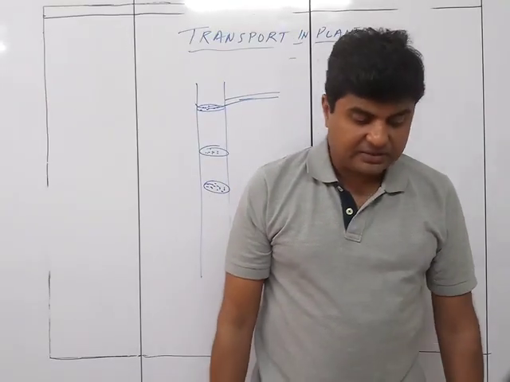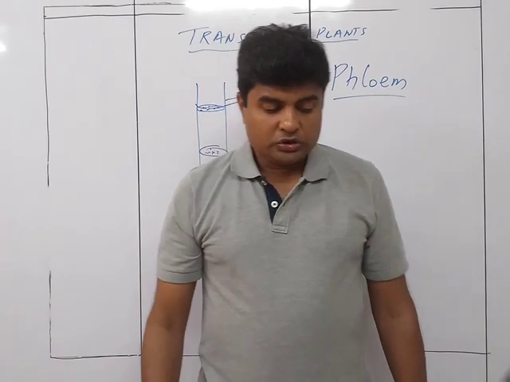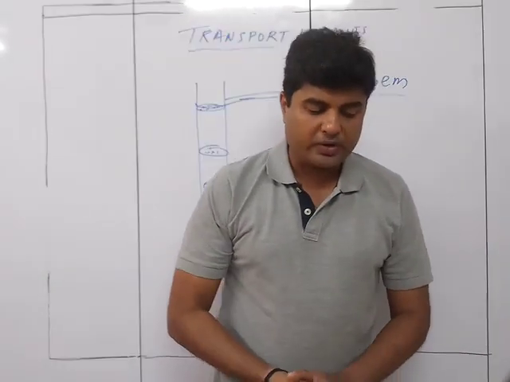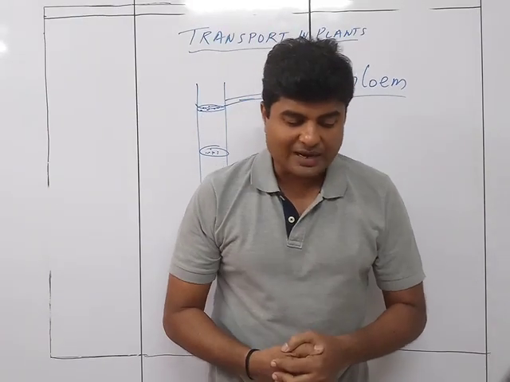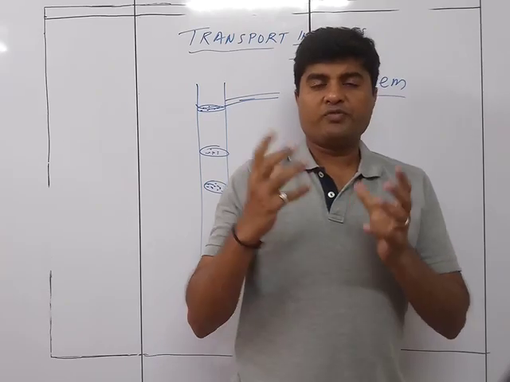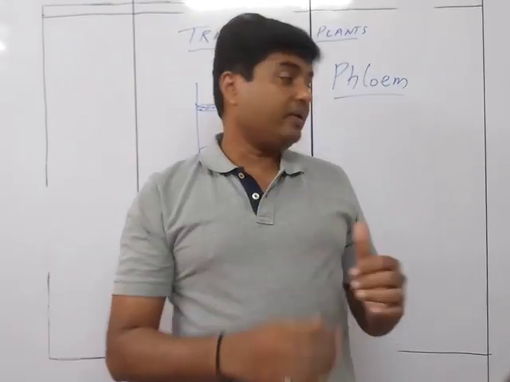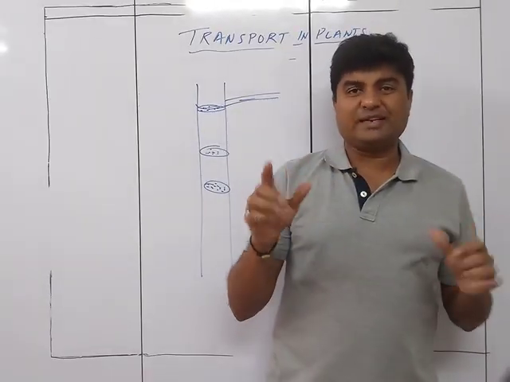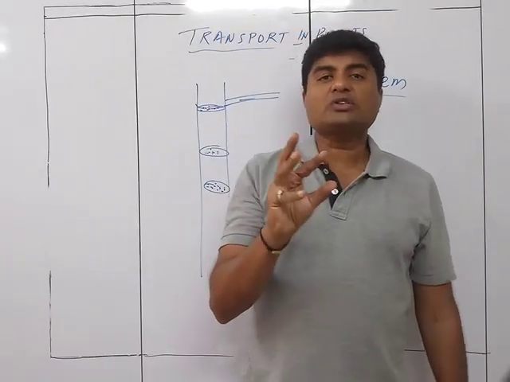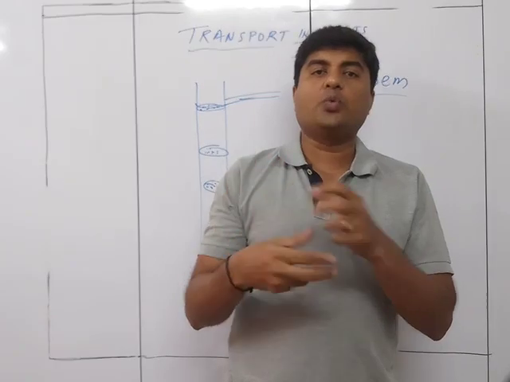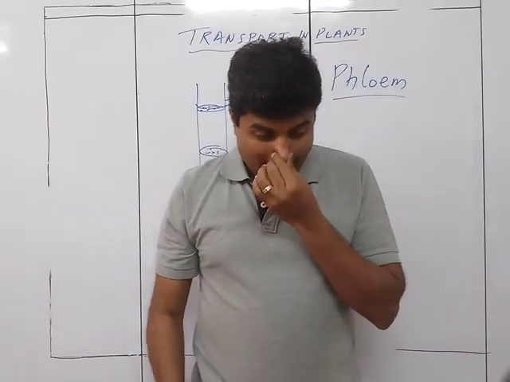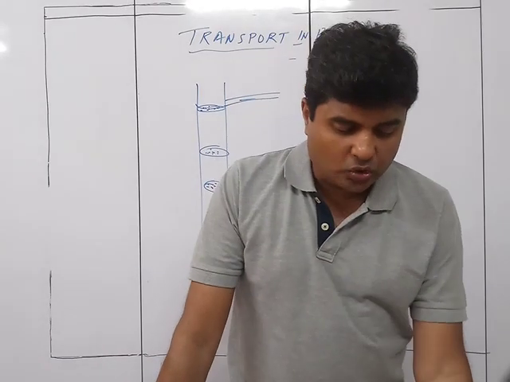Next what we see is the transport of food. During photosynthesis, the plants produce their food as glucose, which is stored in the form of starch. This starch is transported in the form of sucrose solution through the phloem. So the first thing that happens is, I showed you that C6H12O6 is glucose. So carbon dioxide plus water is going to form glucose. This glucose is going to get converted into a bigger molecule called sucrose, and this sucrose is unlike